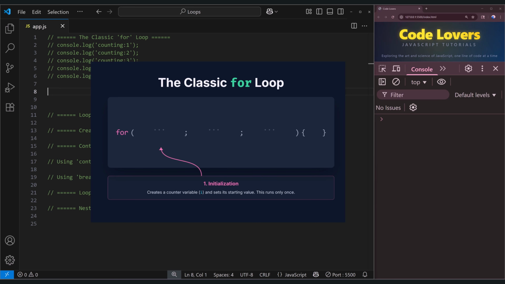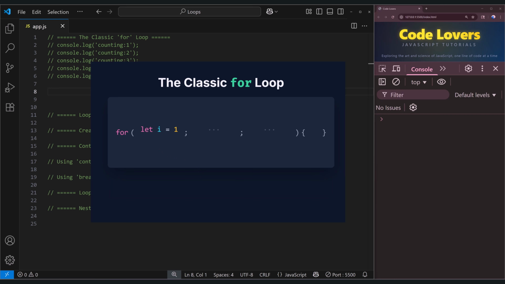This is where we create a counter variable and give it a starting value. We use let because this counter will change. In our example, we'll start with let i = 1 because our goal is to count from 1. But you could start this at any number you want, like 0, 10, or even a negative number, depending on